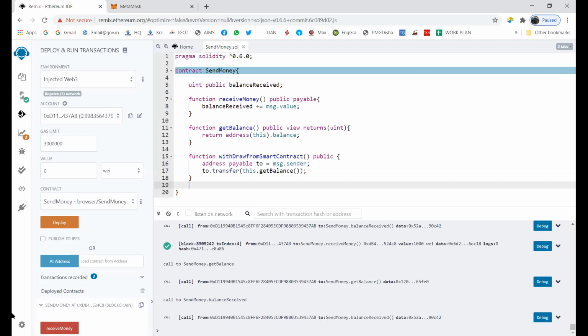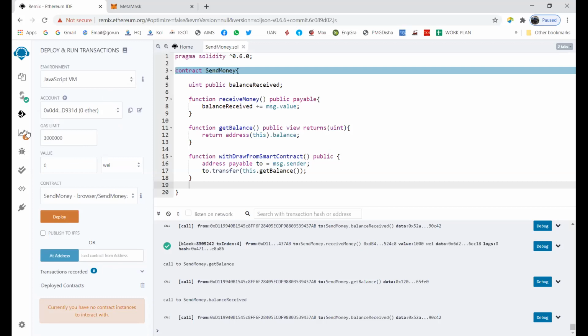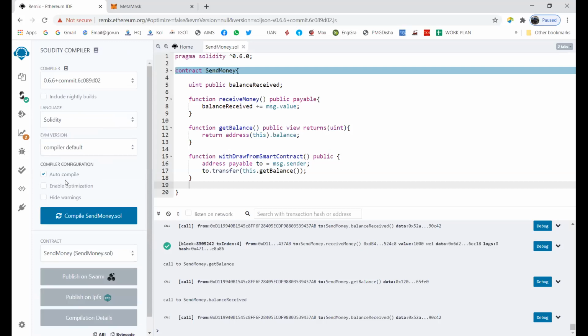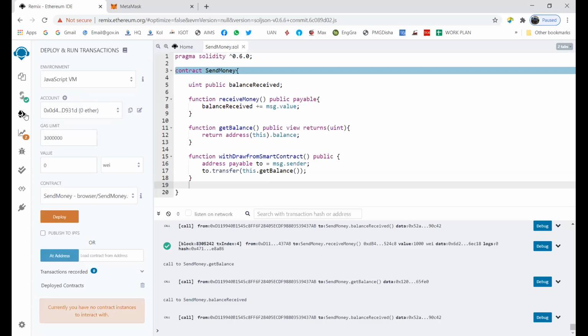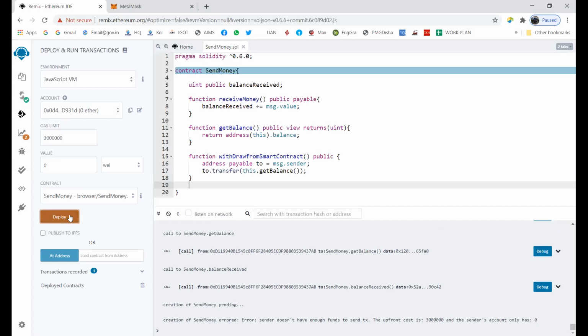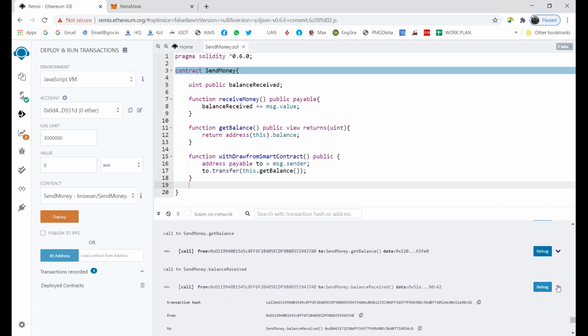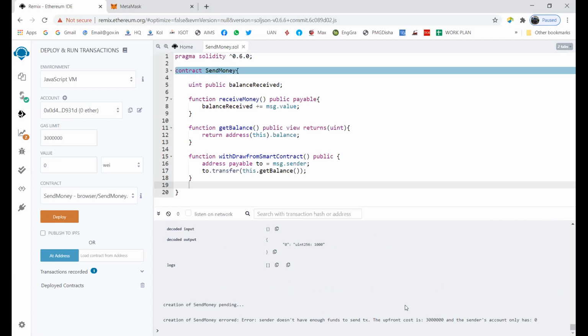So let's execute this first in our local environment. Okay, so this has been compiled successfully. How do we come to know? Through this green symbol over here, my smart contract has automatically been compiled and its compilation was successful. So I go into the deploy section and I click on deploy. Just see this smart contract is already selected. I have opened only one smart contract. So I deploy this, and since I'm in the local environment, it will be deployed very fast.